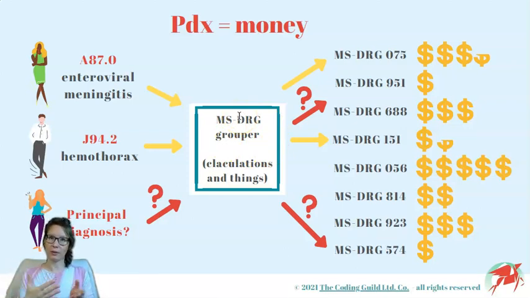for acute episodes of care. It then performs all kinds of calculations and logical steps and assigns the patient to one of the MSDRGs, the diagnosis-related groups. This will determine how much the facility gets paid for this given patient. If we assign the wrong principal diagnosis at the beginning of this process, the case will either not get paid at all or will get paid but at an erroneous rate.